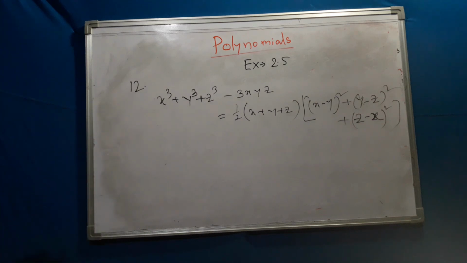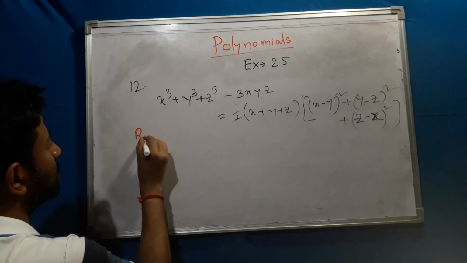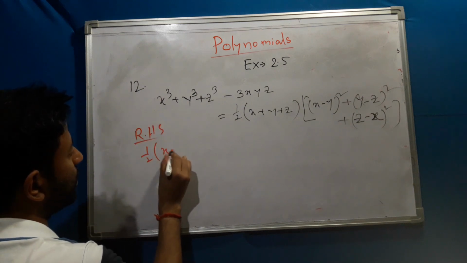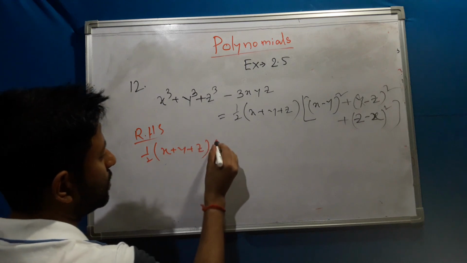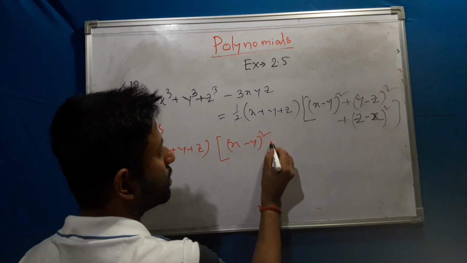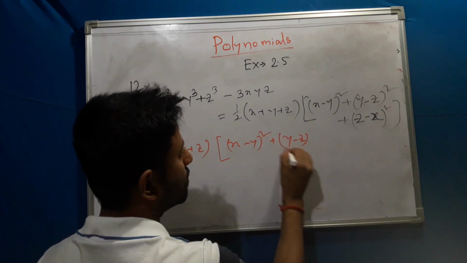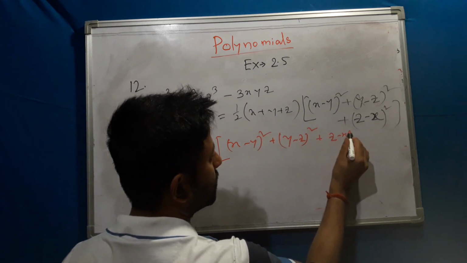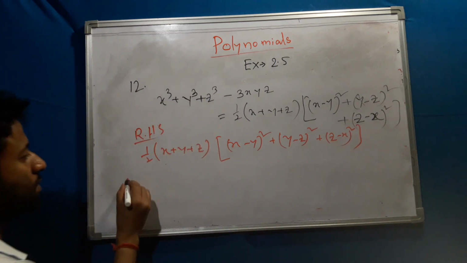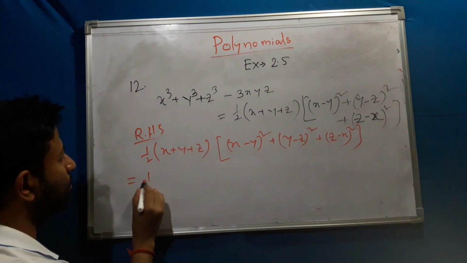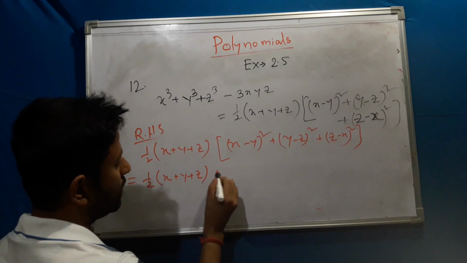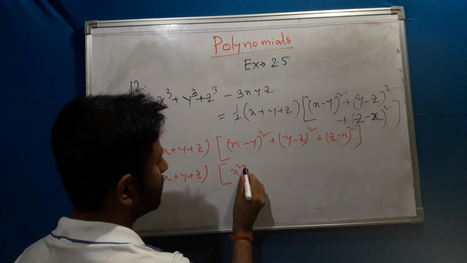For that we start with the right hand side. The right hand side is given as half of (x plus y plus z) into (x minus y) whole square plus (y minus z) whole square plus (z minus x) whole square. So this is the right hand side. We know the formula, so we can put the formula here. It will be x plus y plus z, and if we put the formula, x square minus